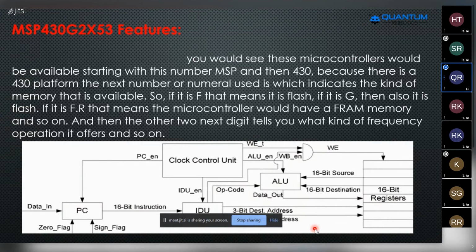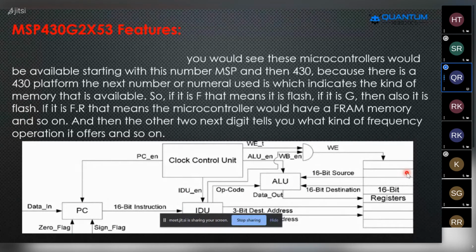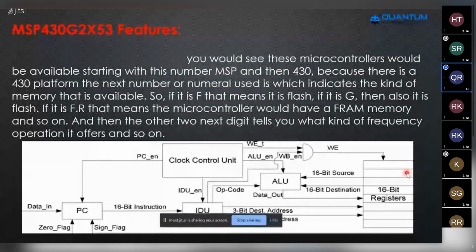The 16-bit register gives the internal relay to the 16-bit destination and 16-bit source to the ALU. This ALU is making the reload connectivity, and here the gate WE is also connected directly to the registers. That's why the processor runs like this, and whatever the processor running interconnected between these is called the MSP 430 G series 2x53 feature.